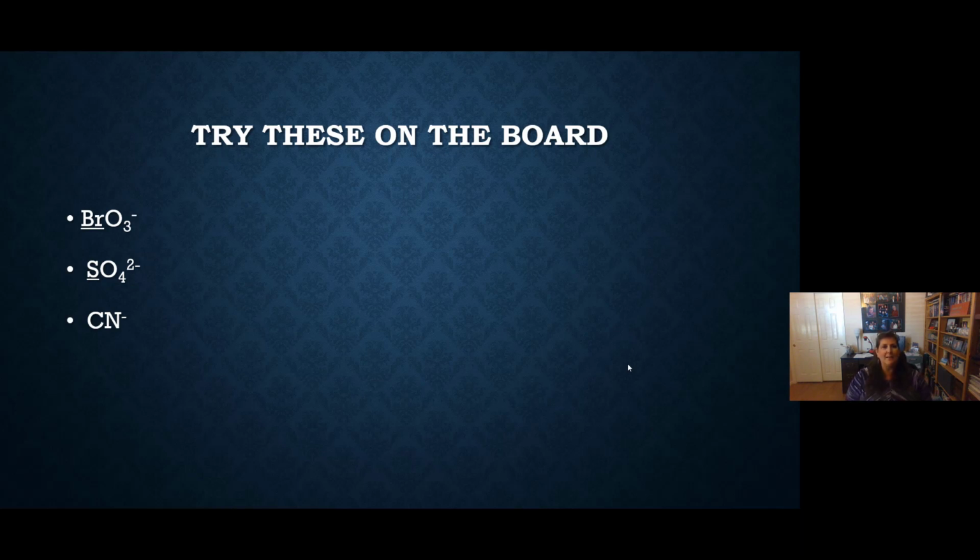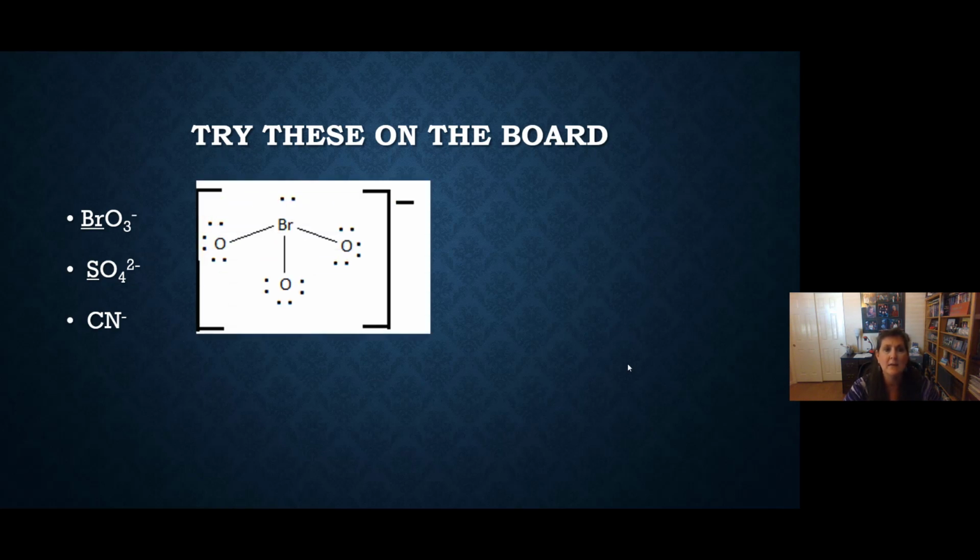All right, we're back. Let's look at these ions. BrO3-. Single bonds worked. So BrO3- looks like that. Single bonds. Put it in brackets with a -1 charge. Okay, if you're not getting these, you need to message your instructor and get a little time with them in office hours or a Zoom session, okay, to practice some more.